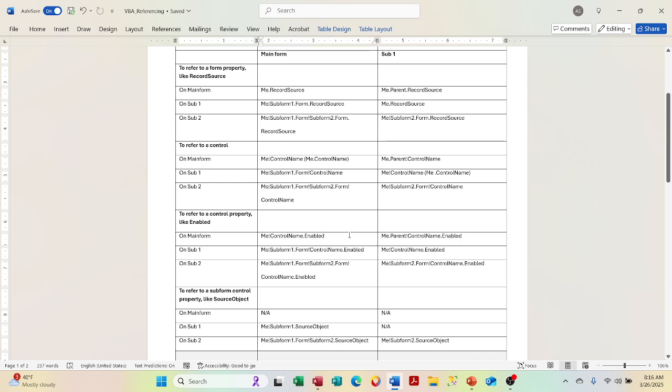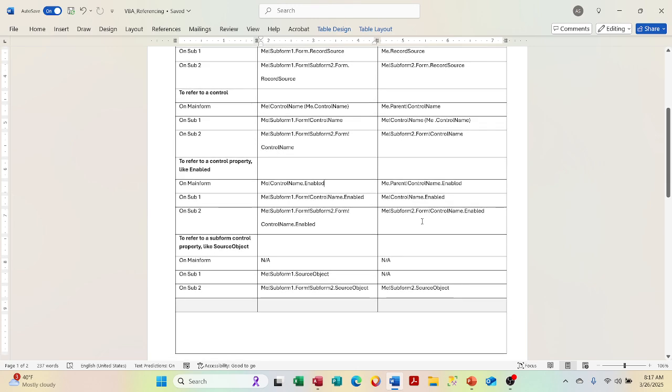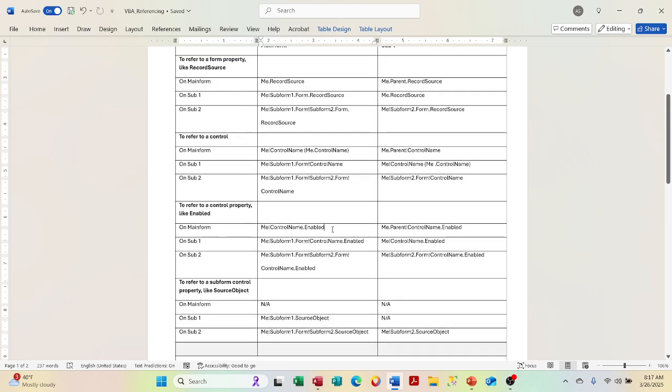So that's the scope that you need to be aware of. And then, of course, this is pretty much identical to what we saw above here. They're all the same if I have a subform within a form. Now, to refer to a subform control property like a source object, if you're on the main form,